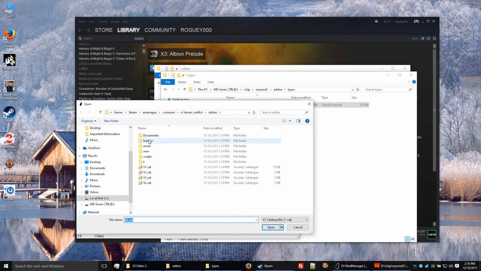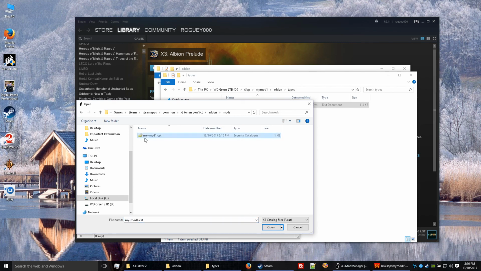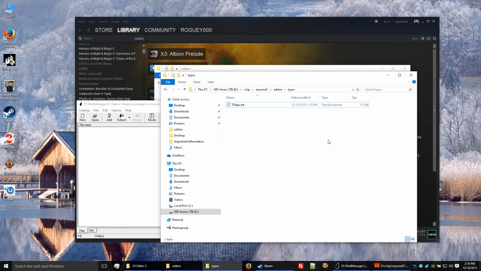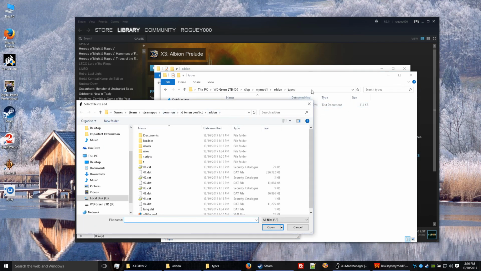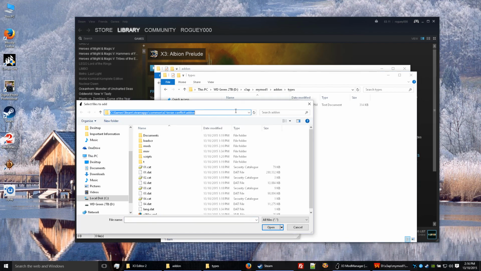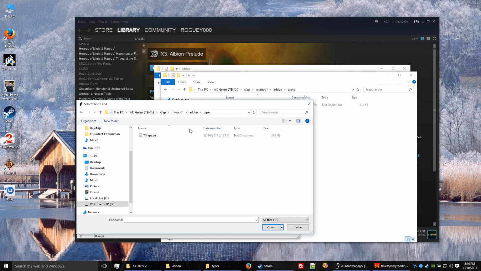let's go and open it back up. So this is our mod, which is basically empty. Now what we need to do is add our settings that we changed on our ship. So if we click on add, now we need to go to this folder. If we click on that, copy it, paste it in. See our T ships, this is the one we changed in the X2 editor. So if we double click that,